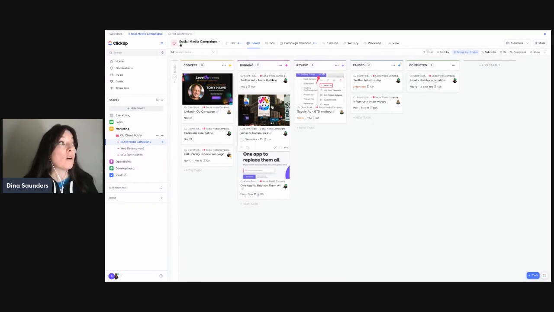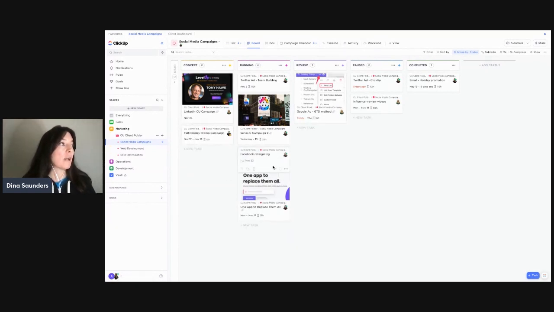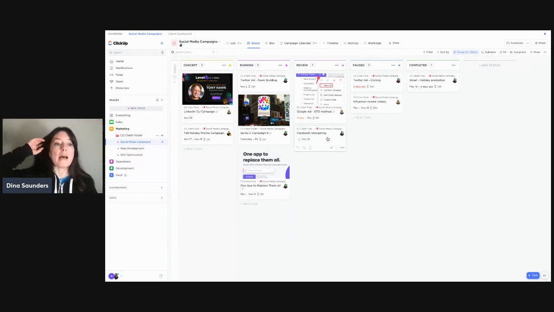And you also can pin images to your task cards. You can have cover images too. So if that's important to your work to incorporate visual assets, or you just are a visual person, Board View can be a great tool in that sense too. And the functionality that I think is really amazing about the Board View is that you can drag and drop your tasks right along your workflow as you